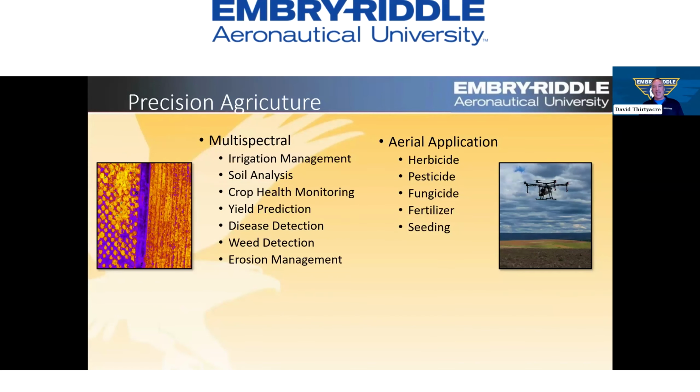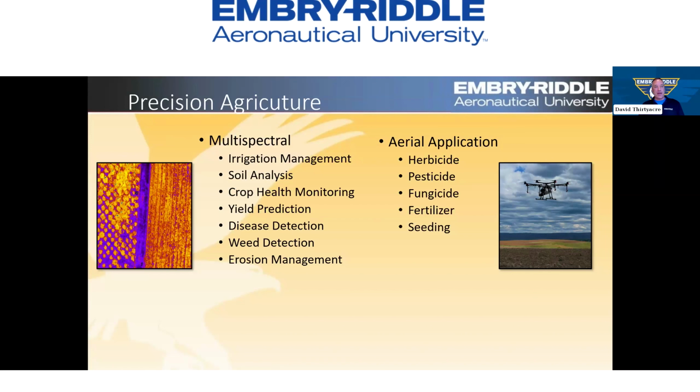Let's talk about precision ag here for a second, though. Multispectral sensing on the left here, that image you can see there, is from a Christmas tree farm. On the right side of the left-hand image, you can see their newly planted area, and on the left side of the left image are the mature trees they have over there. We'll take a look again at that here in a little bit. And there's all sorts of things that you can do with images like that. That I think is taken from a RedEdge-P, if I'm not mistaken.